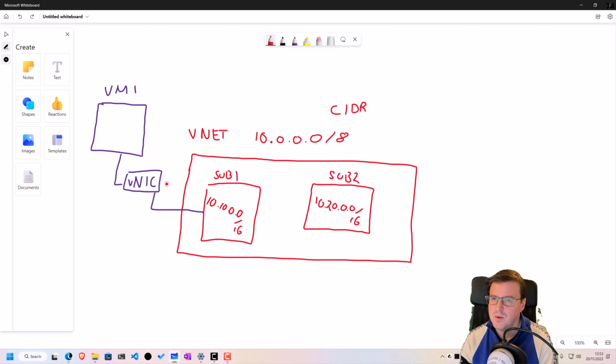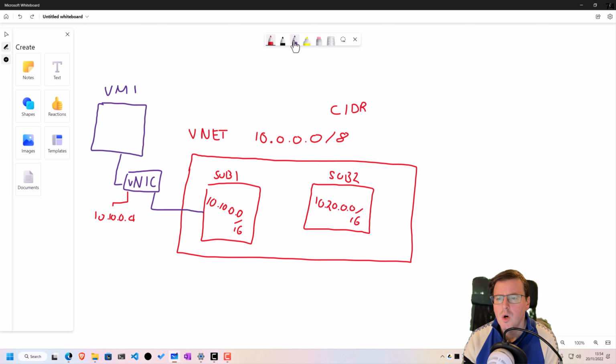Okay? So, what will happen is, once this virtual machine is attached to this subnet, it will receive an IP address. In fact, it will end up receiving an IP address of 10.10.0.4. In fact, numbers 1 to 3 are actually reserved internally for Azure Gateway Services. And it will see that dynamically, and the IP address is received by the NIC, not by the VM. The NIC will then actually inject that IP address into that virtual machine itself. So that means if you delete and rebuild the virtual machine, you'll still end up with the same IP address,